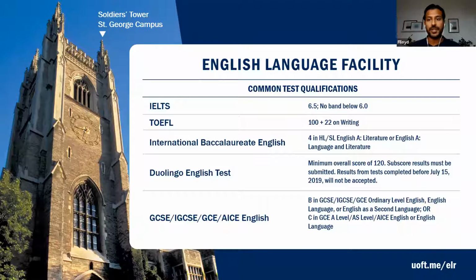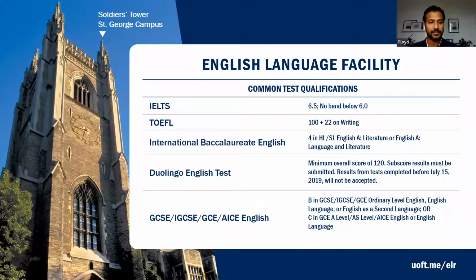Now, for students whose first language is not English and you haven't studied in Canada for at least 4 full years of full-time study, we do have an English language requirement that you would need to meet, or English proficiency requirements. IELTS, TOEFL, and Duolingo are the 3 most popular that we see students provide to us. If you're doing IB, you can use that to meet our language requirements, as well as the British pattern with the GCEs and the GCSEs.